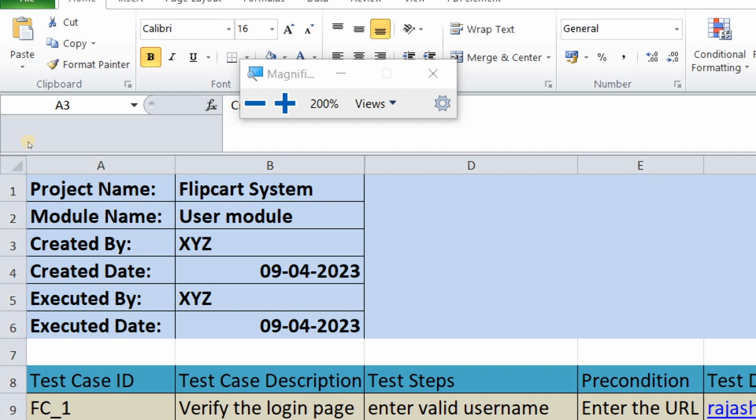Then created by, here the third section is created by. We have to provide the tester who wrote the test case. We have to provide the name of that particular tester, XYZ. Then creation date, our test case is written on a particular date, we have to provide that date. Then executed by,